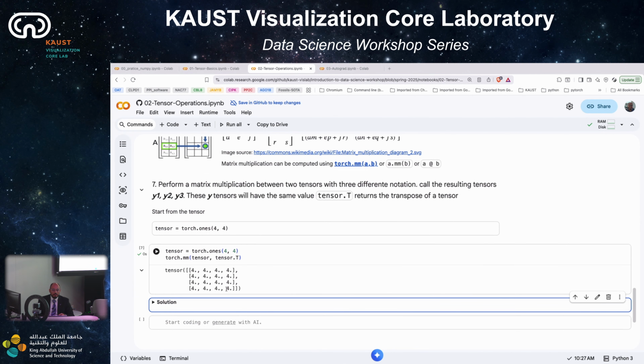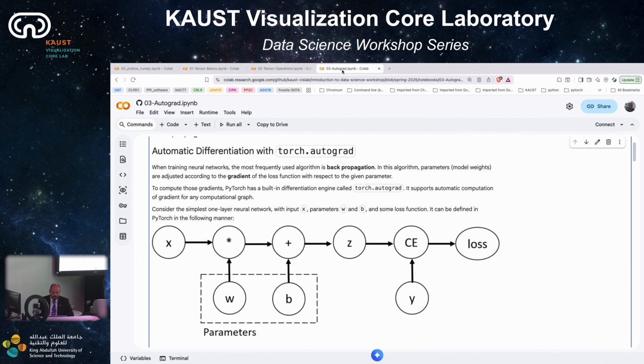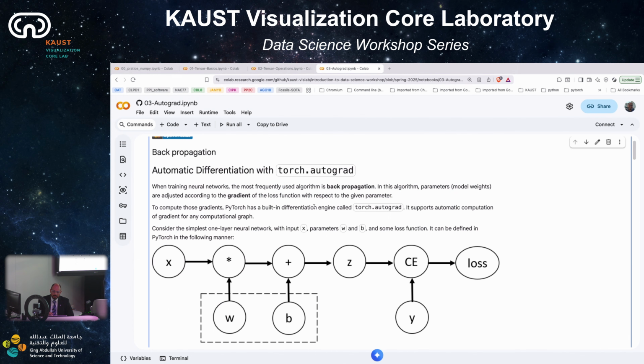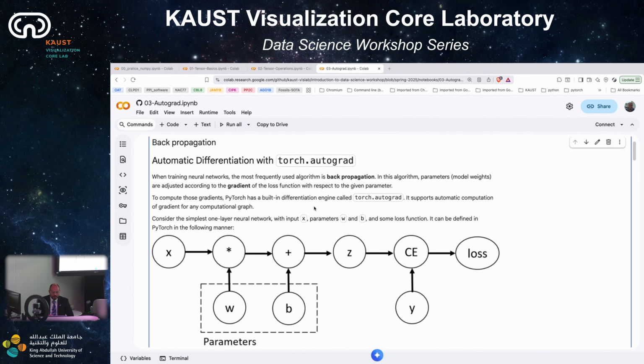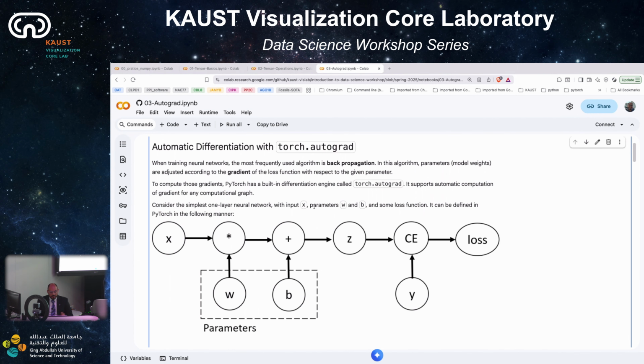Okay, this one is nice, but I want you to go to the AutoGrad Python notebook. This one is more related to what we just saw in the slides. So here is the AutoGrad part. When we are doing backpropagation, this is going to be our best friend to compute